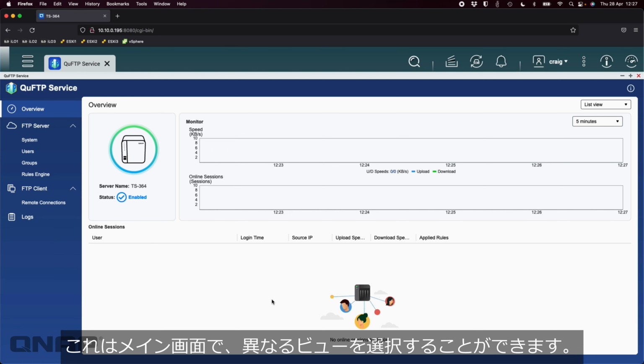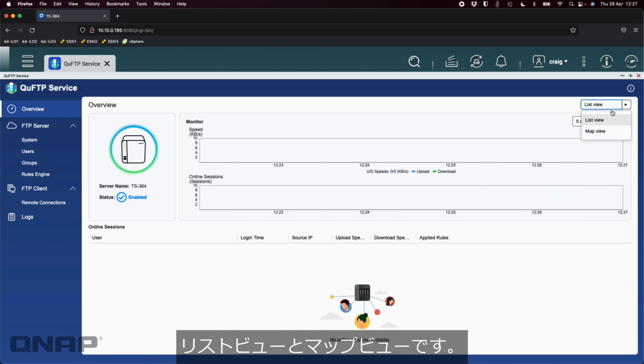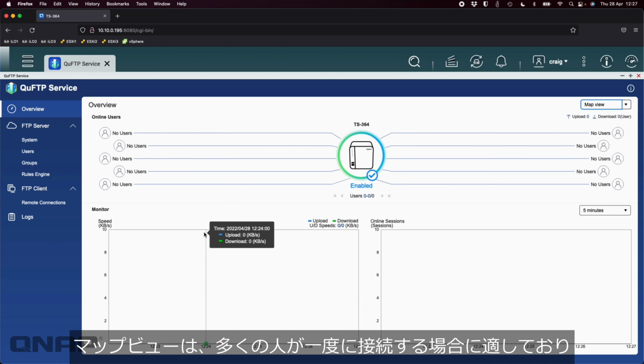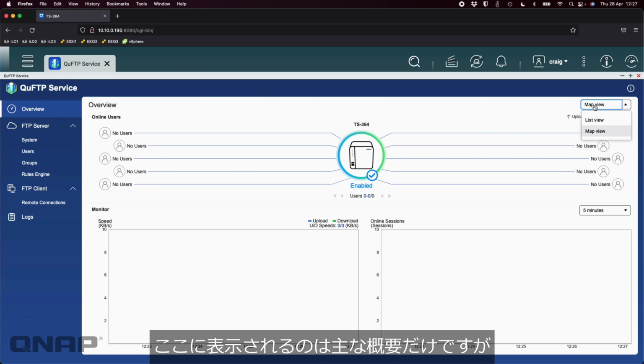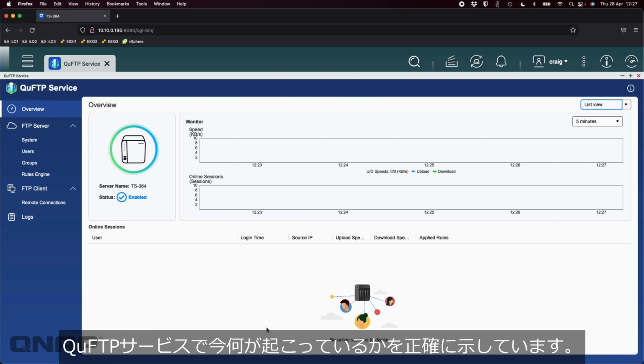But this is the main screen. You can choose a couple of different views, list views or map views. Map view is good if you've got lots of people connected all at once. You can see everything in one view. It's the view I generally prefer. Here you've got the main overview that's going to show you exactly what's happening right now with